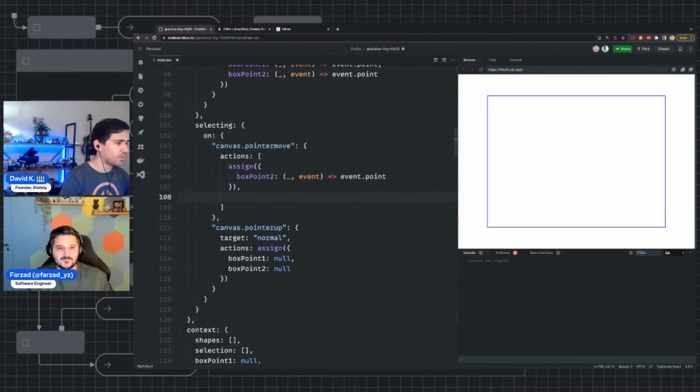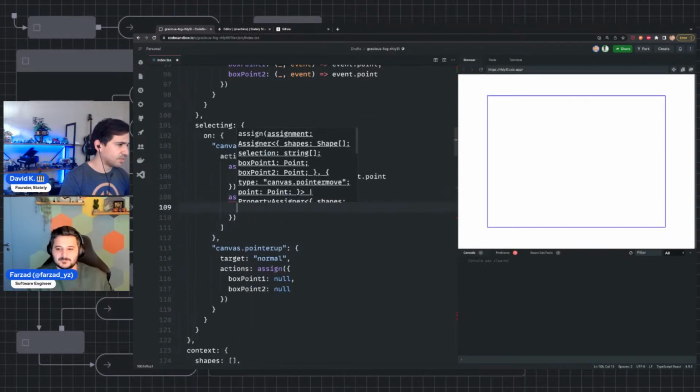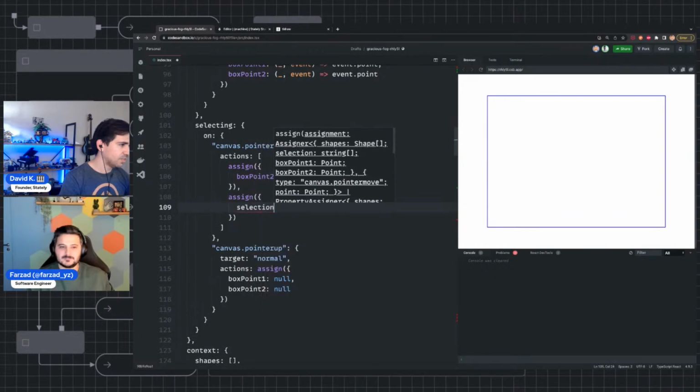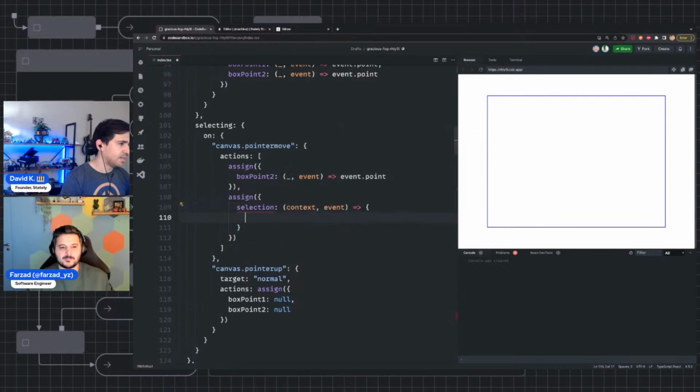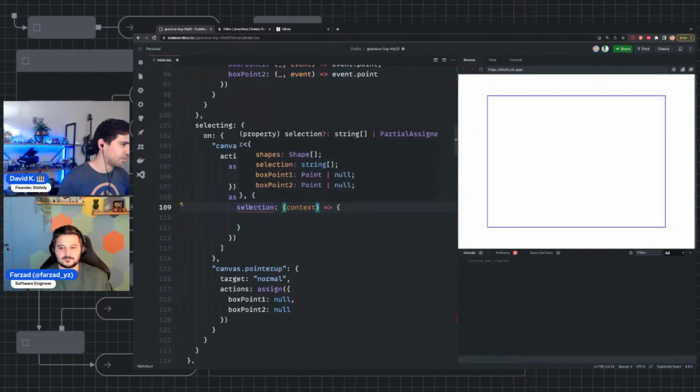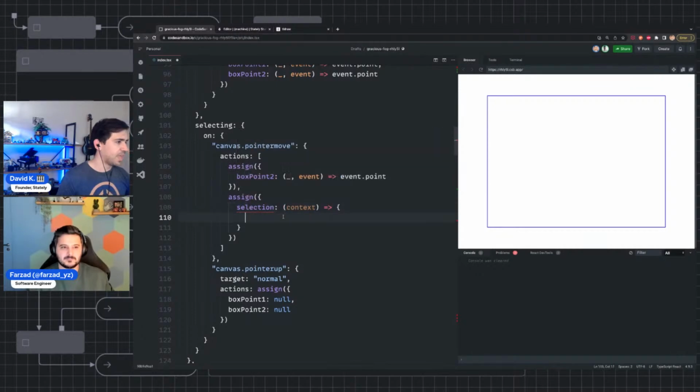And we are going to select some things too. So we're going to be adding to the selection. And so we have our context, the event. We actually don't really need the event. We only need the context. And basically we're selecting everything in our shapes that